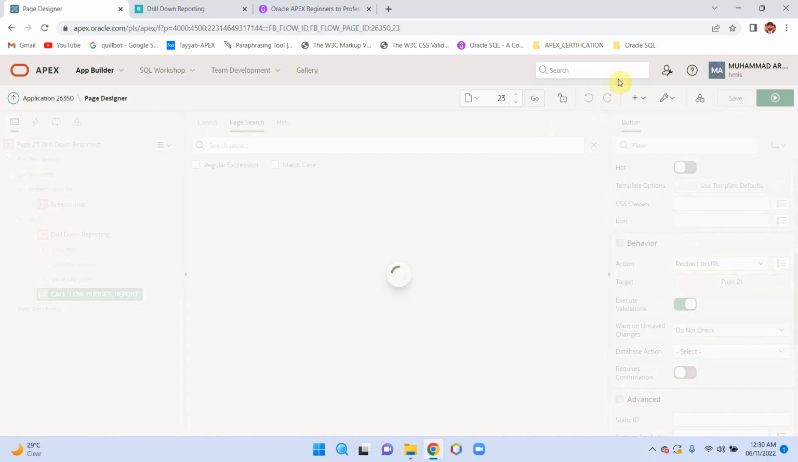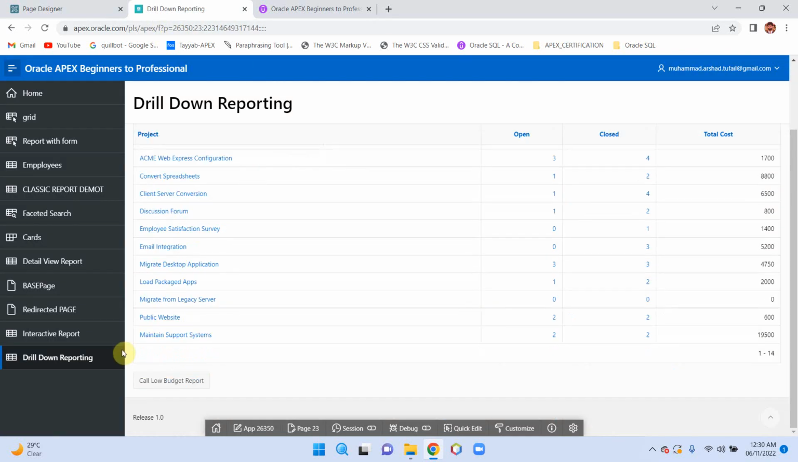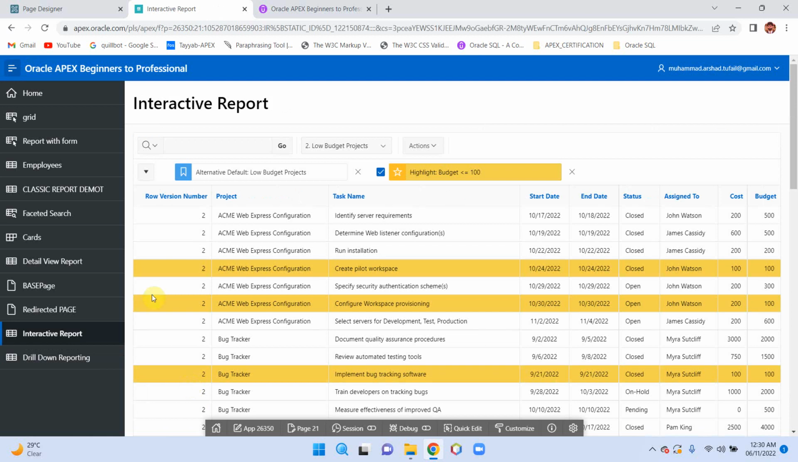Save and run your page, and here you can see we have a button called low budget report. Click on it, and here you can see the low budget projects report called. Now this is the way to call our saved reports, but